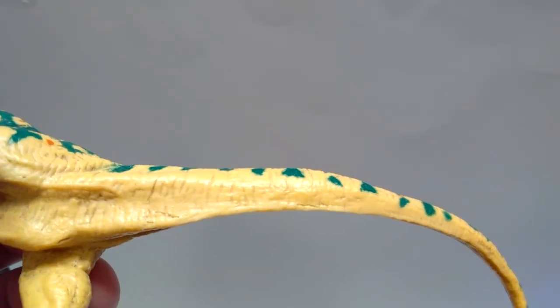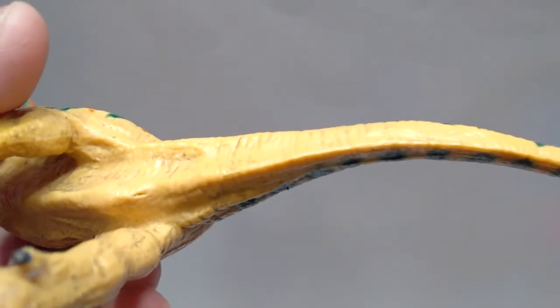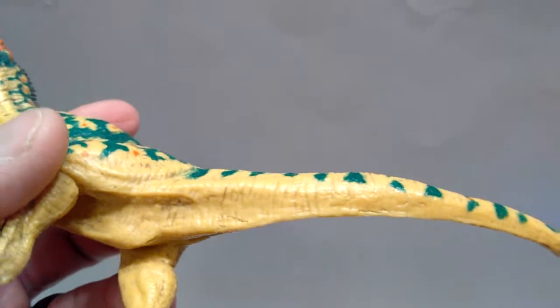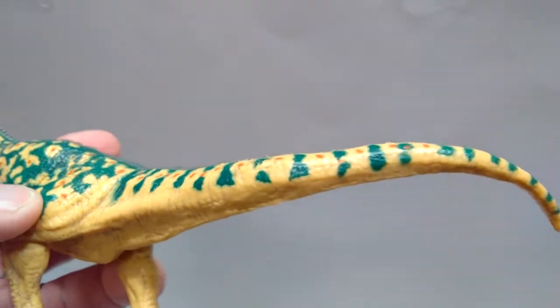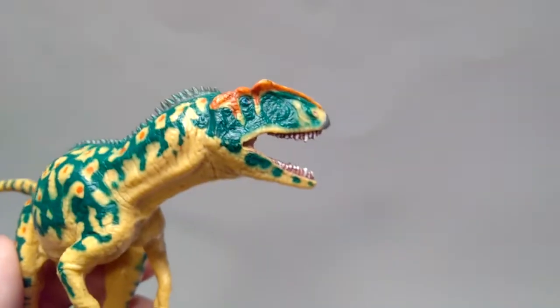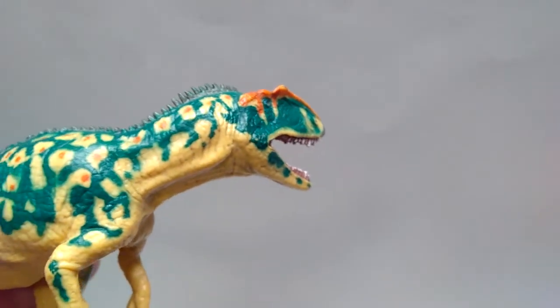You can pick up on that dark wash here and there. You can actually see the cloaca right there before I move any further. So very nice realism added to this figure. And then again, the tail has a nice curve to it. Beautiful looking curve, honestly. And then looking at this side, you can definitely see the skin kind of stretching here